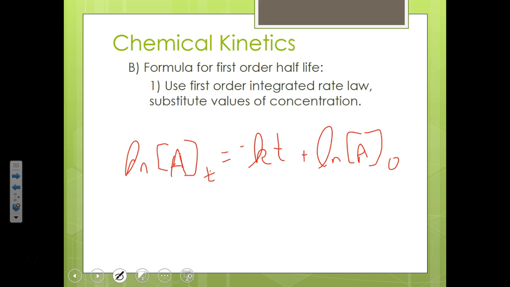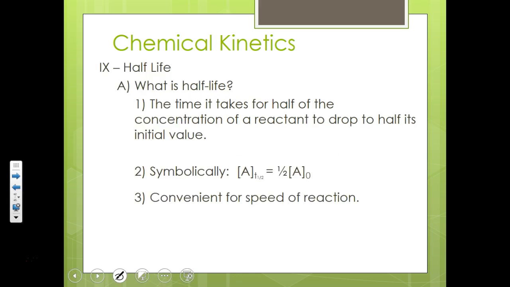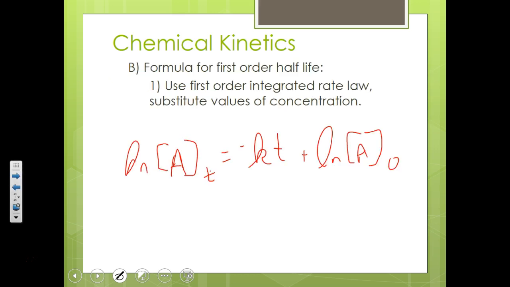So what we can do is take this, and we know that for specifically half-life, based on what we wrote back here, the concentration at the half-life is half of the initial concentration. So we can substitute into the equation: the ln of half of A naught at that particular time, and that equals